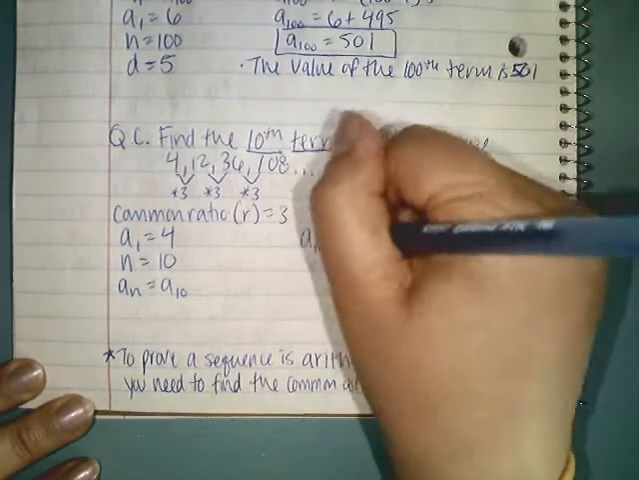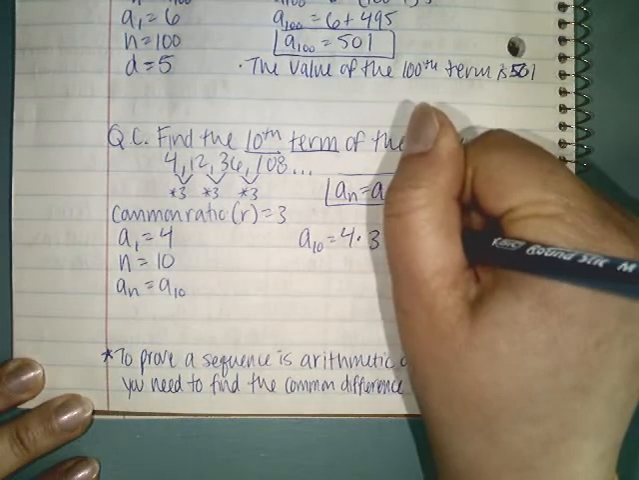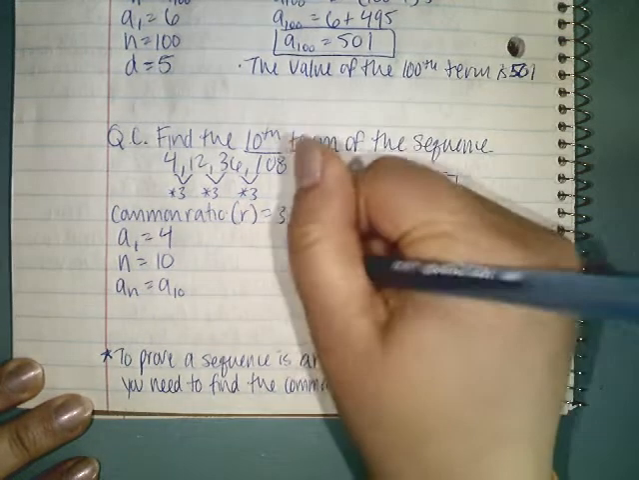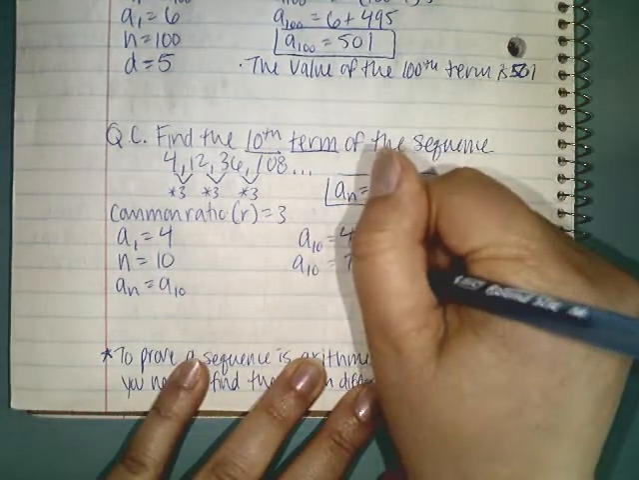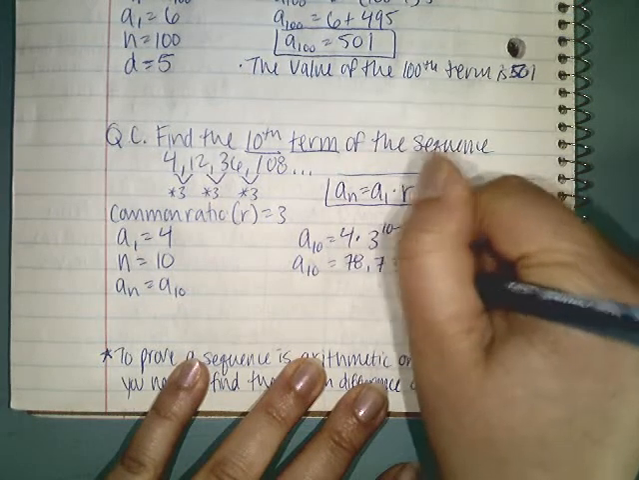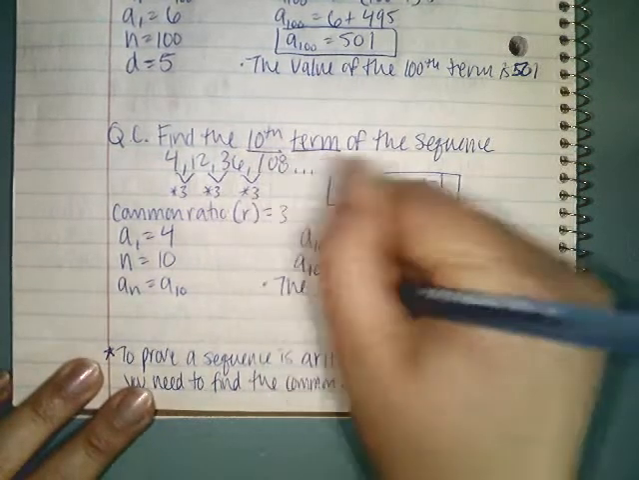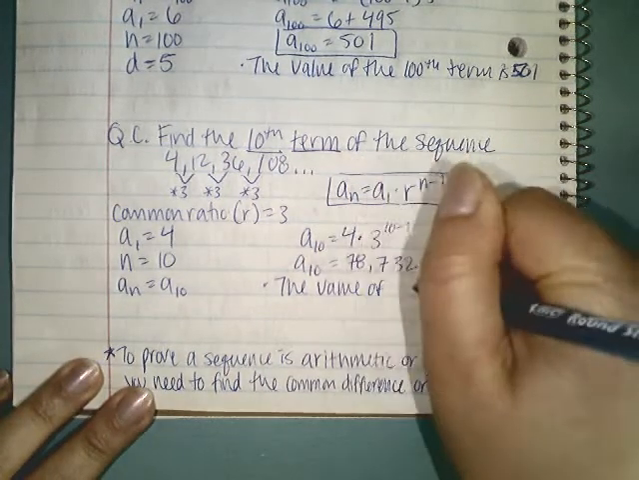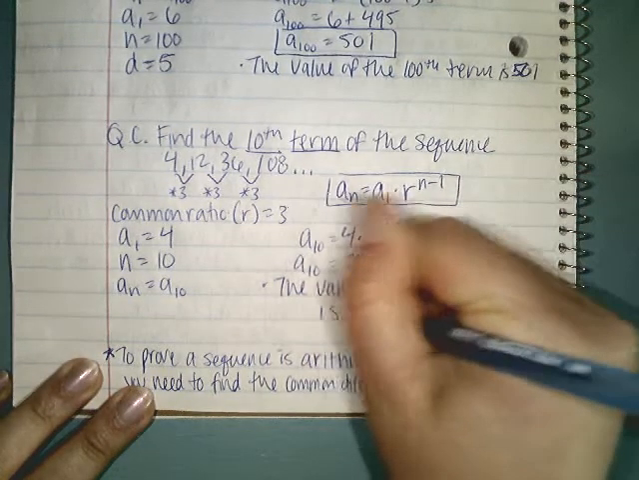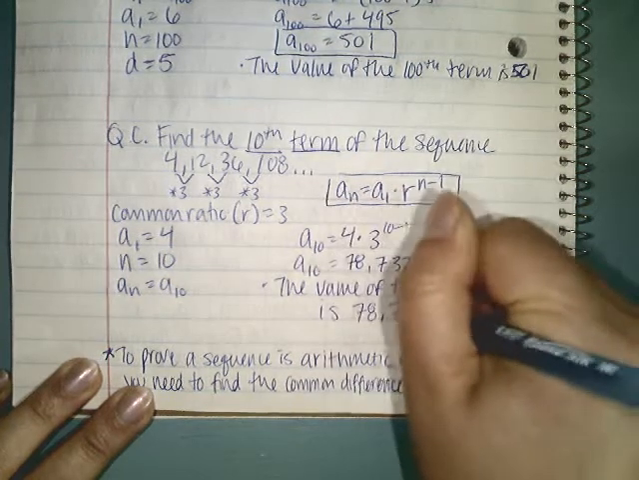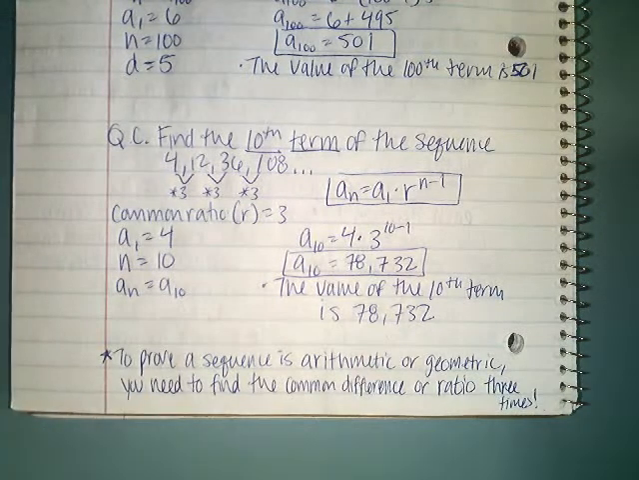So I can plug in my formula. I have a10 equals 4 times 3 to the 10 minus 1. If I plug that into my calculator, I'm going to get 78,732. So again, you can plug that into your calculator to get your answer. And then if I wrote that as a sentence, I'd say the value of the 10th term is 78,732. So again, this could suffice as your answer, but if you wanted to write it out as an explanation,